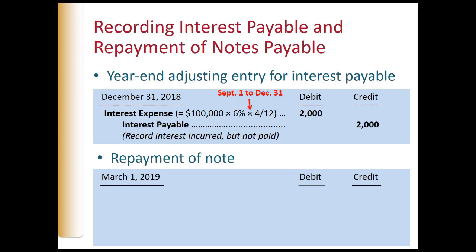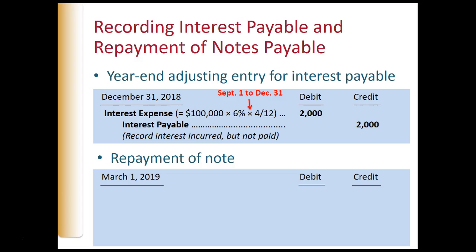Instead, the company records the 4 months interest incurred during 2018 in an adjustment prior to preparing the 2018 financial statements. Since the firm will not pay the 2018 interest until the note becomes due, which is March 1st of 2019, it records the $2,000 interest as interest payable. When the note comes due on March 1st, 2019,